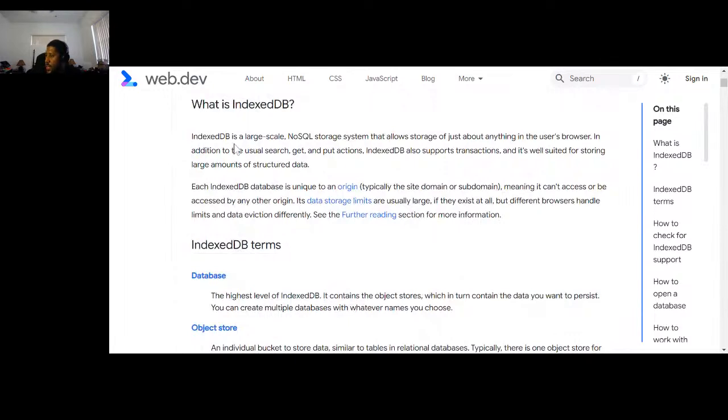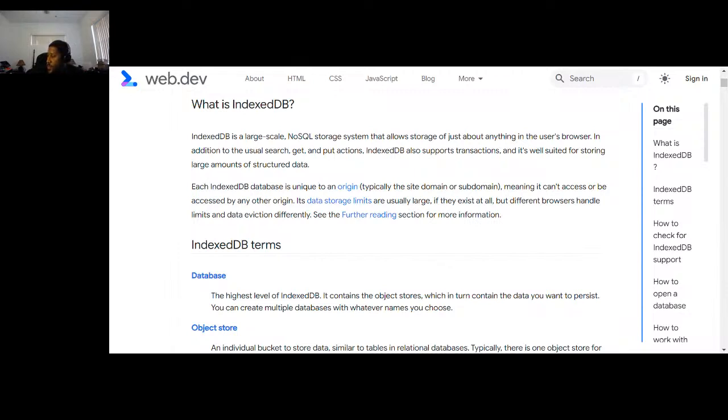Yes, IndexedDB is a large-scale NoSQL storage system that allows storage of just about anything in the user's browser. That's cool. In addition to the usual search, get, and put actions, IndexedDB also supports transactions and is well suited for storing large amounts of structured data. So if your app does a bunch of stuff, maybe some things you don't need to keep going to a database for, you can do through IndexedDB in the actual browser.